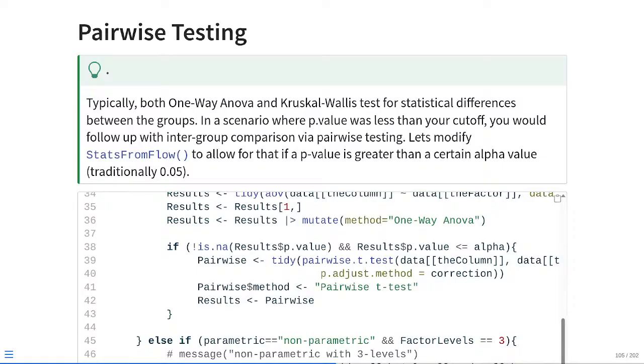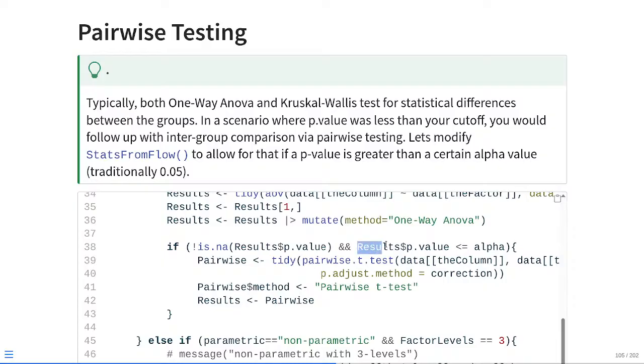Or in cases like the beta delta 2 gates for cytokines, where there were no values being passed and the test was not able to run because everything is 0, these tests are going to return either not applicable or NaN, not a number, as a character style return. So we need to handle all 3 of these conditions in determining whether the pairwise test actually goes ahead and proceeds to run. So obviously, if the value is going to run only in a situation where the p-value is below that cutoff,